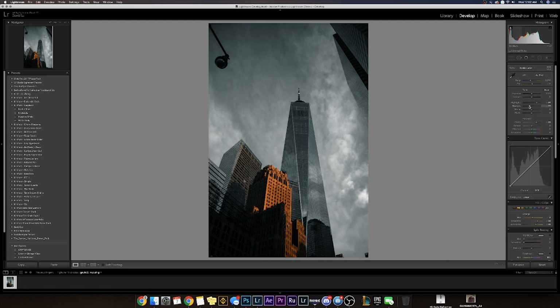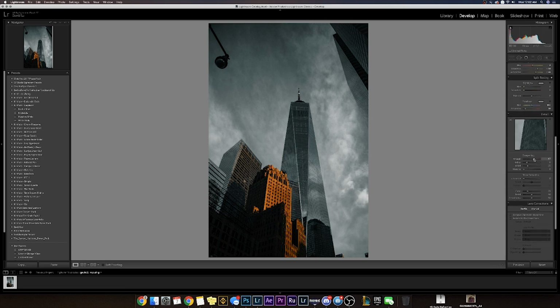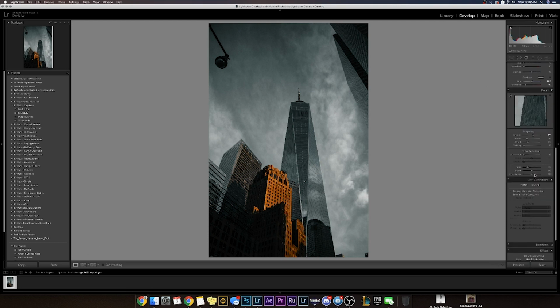Now personally, I like to have it a little more bright, but looking at Alan's style, it is a little bit more dark and it does have a slight faded look, so I'm going to start fading in these whites a little bit, and maybe even a little bit of the blacks, just to bring that up and keep it a little more moody along with a slight fade. And I'm just gonna throw in some sharpening because that's what I do.